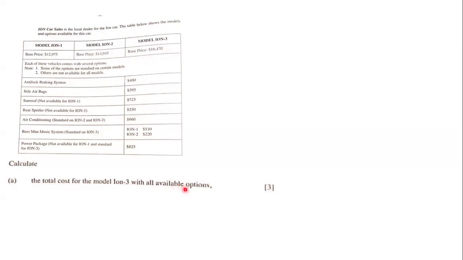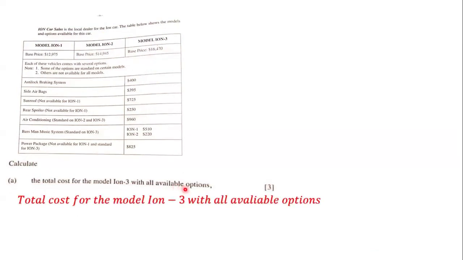So here we have to calculate the total cost for the model Ion 3 with all available options. And so in order for us to determine the total cost for model Ion 3 with all available options, we have to add. But what are we adding? Now, the first thing we have is 16,470, and we add that because that is the base price for model Ion 3. The second thing that we have to do is add 400,